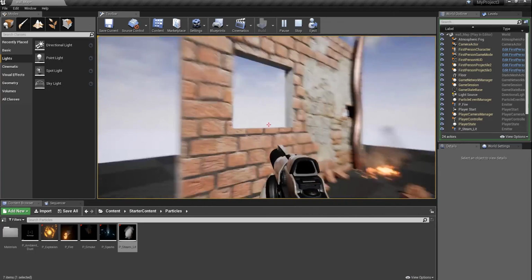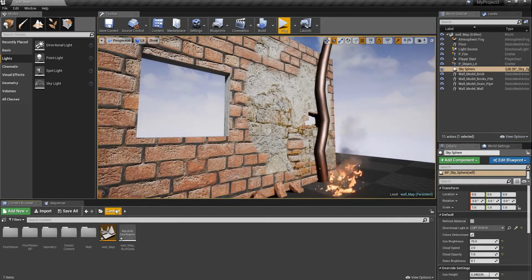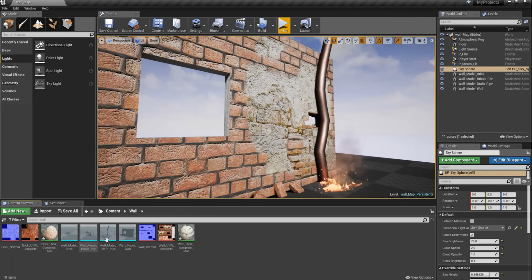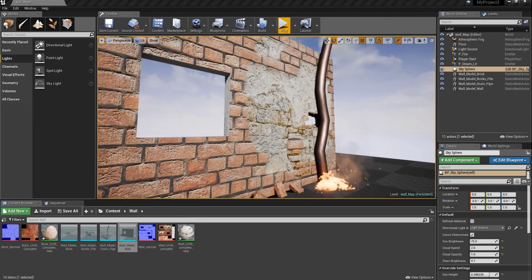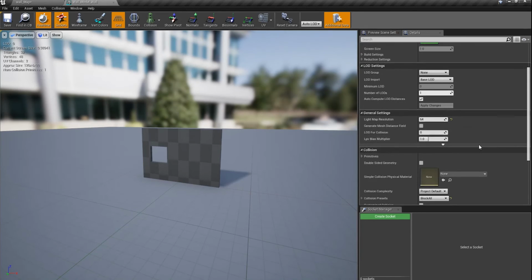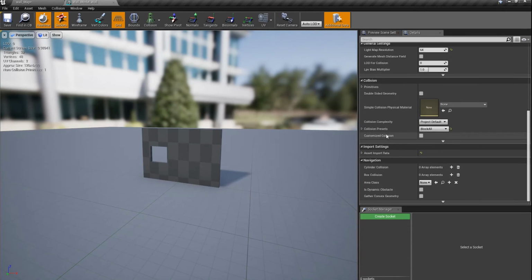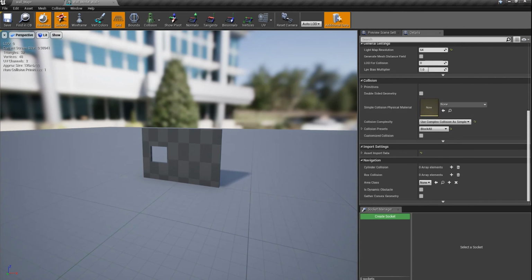Automatically, when models come in, they have default collision set to them, so if you want to change it so you can shoot through the window, go and find the model of your wall, double click it, and dock that tab at the top again. And if you scroll down on the details until you get to this section called collision, change where it says project default to use complex collision as simple. Save that,